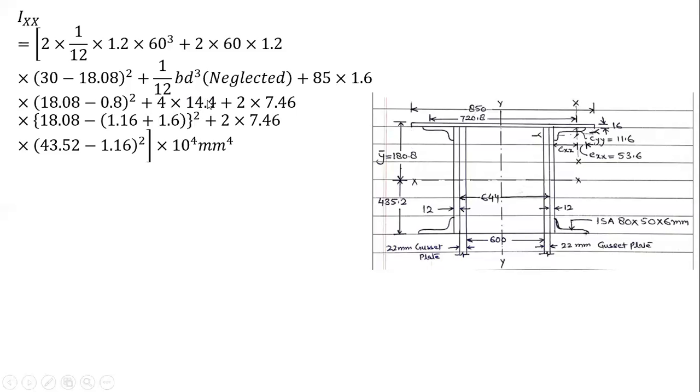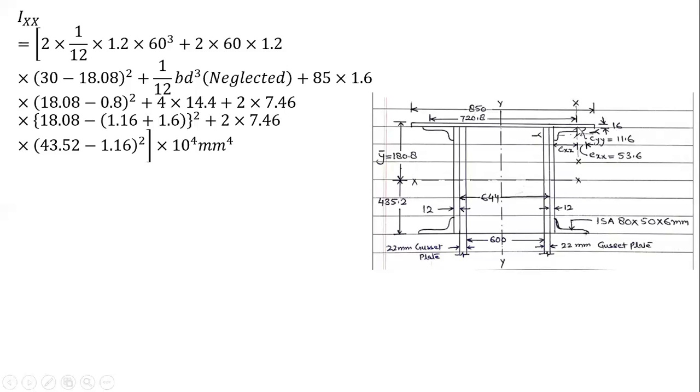This is the I of the angle about the x-axis. 4 angles, 1, 2, 3, 4. 4 into Ixx plus area times. Now here, two angles are above this axis, two angles are below this axis. So I took the area times h bar square separately. So for these two angles, that is the top angles, twice into area into h bar square. H bar square is how much? This is 18.08, minus